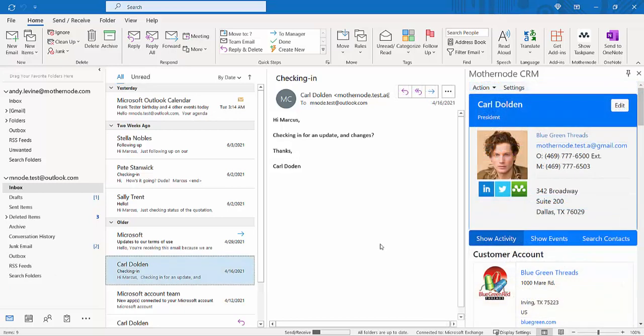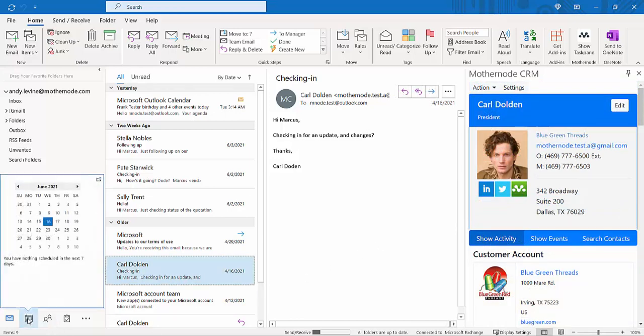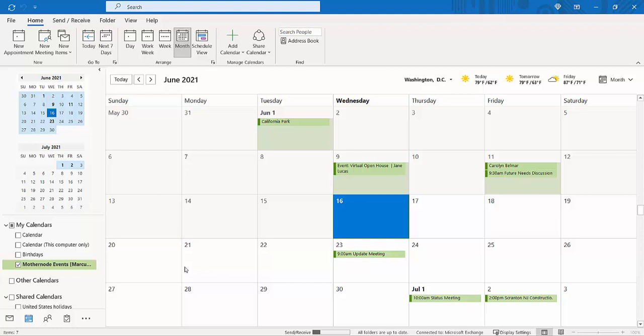The Outlook add-in for PC and Mac will also synchronize calendar events between Outlook and Mothernode. So if we go to the calendar function in Outlook, we can see that there is a special calendar that has been set up as part of the add-in called Mothernode Events. Typically, if you enter a calendar event or follow-up in Mothernode, it will land on the Mothernode calendar and then synchronize over to the Outlook calendar as well, to this particular